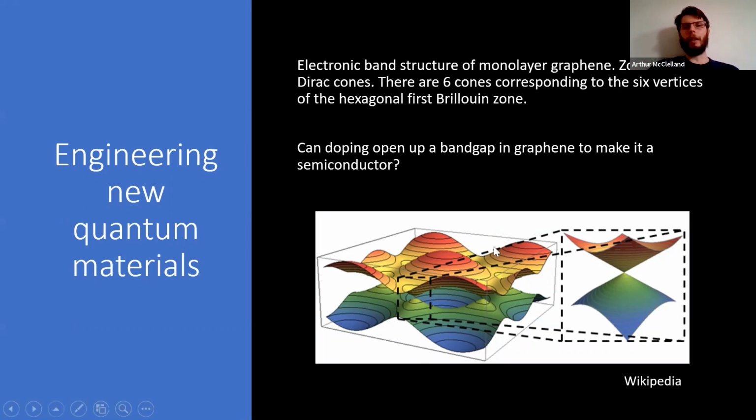So here is the Brillouin zone of graphene. Hopefully this funny shape now makes a little more sense, what exactly it's showing. It's showing energy versus momentum space. And at certain points, we get what's called a Dirac cone, where the valence band just touches the conduction band. So there is no band gap in graphene, and lots of people are trying to engineer a way with dopants to open up a little bit of band gap so you can make graphene into a semiconductor and then start making devices. So with that, I'll wrap up for this week.